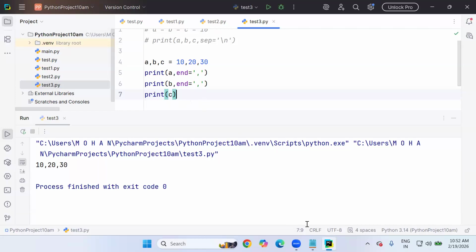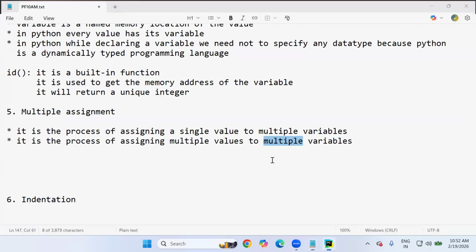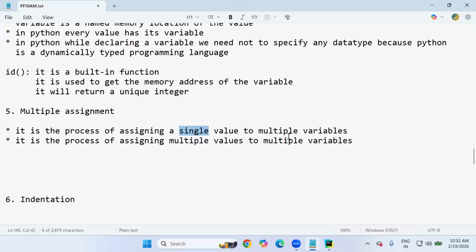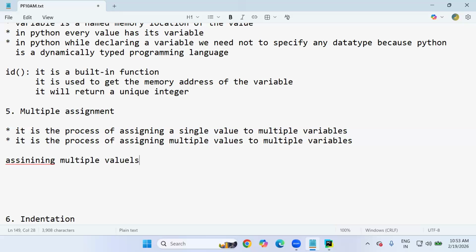Now the question is, somebody is asking, Mr. Nitin, can we assign multiple values to a single variable? You're asking. Okay, so far I explained single value to multiple variables, multiple values to multiple variables. Somebody is asking about assigning multiple values to a single variable. This is called data structure actually. Whenever we try to assign, okay,